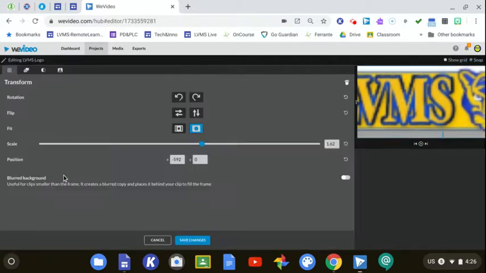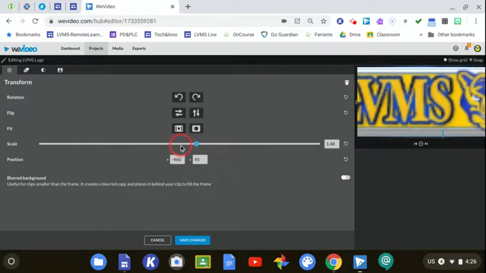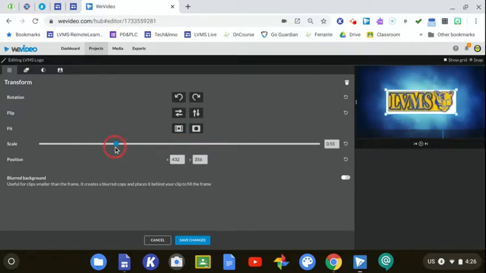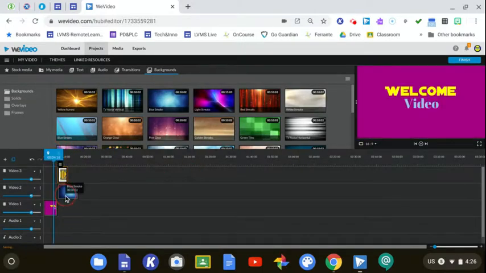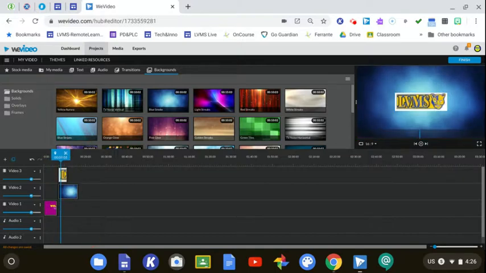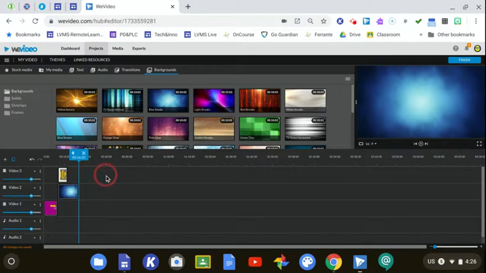Okay, I think the logo is just too big. There we go. So I double clicked. What I did there was I just double clicked on that logo and I shrunk it down. And now, because I have the logo on one track and the video on another track, the background's in the back and that logo is on top. So that's the purpose of having multiple tracks, that you can separate things out and you can begin to